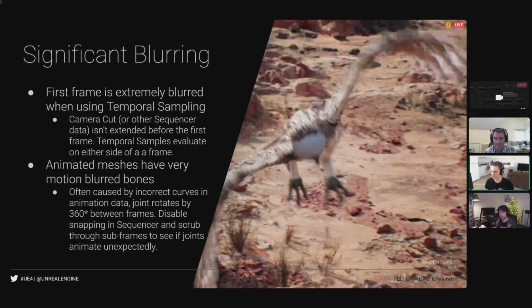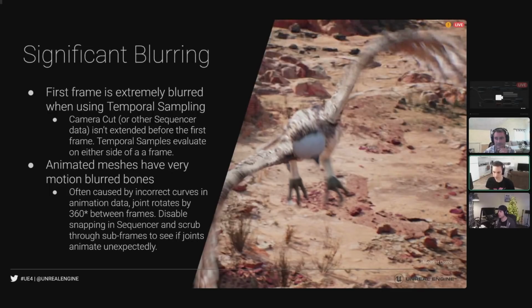One other thing that you might see blurring on is animated meshes that have very motion blurred bones. You'll look in the editor and it'll be fine, but then you render it out with temporal samples and suddenly their foot is really blurry and you're like, I don't understand why. The reason this is caused is often incorrect curves in your animation data. Sometimes the bones will rotate 360 degrees between frames.